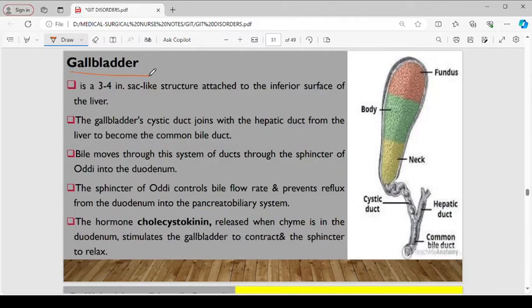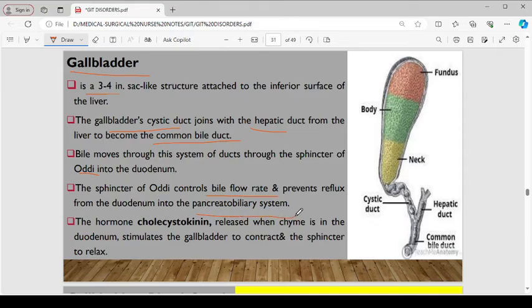Next, we have the gallbladder. It is about 3 to 4 inches. It is a sac-like structure attached to the inner surface of the liver. The gallbladder has a cystic duct that normally joins the hepatic duct from the liver to form the common bile duct. Right? So the bile will move through the system of ducts through the sphincter of Oddi into the duodenum. The sphincter of Oddi is the one responsible for controlling bile flow rate and also prevents reflux from the duodenum into the